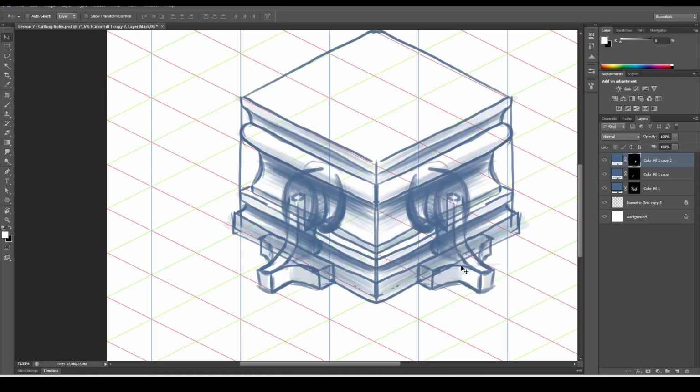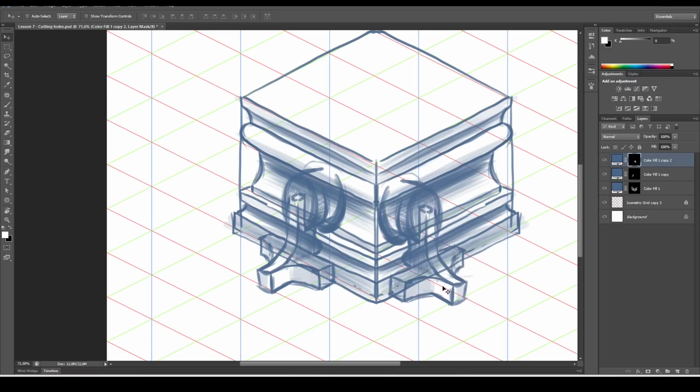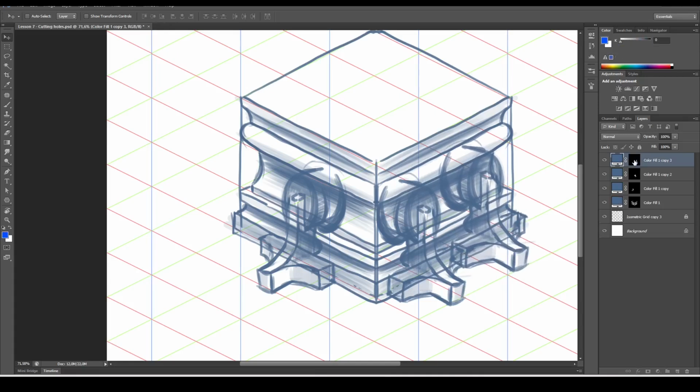Let's move it to there. You could even have duplicates of this on the same level. So shift. Let's do that. I like that. So now,